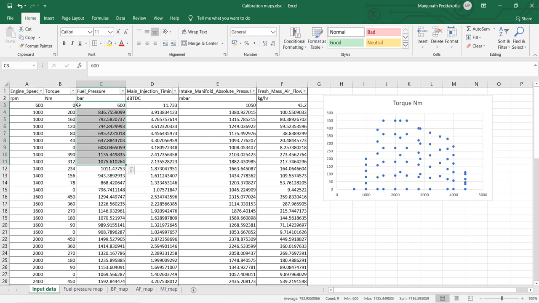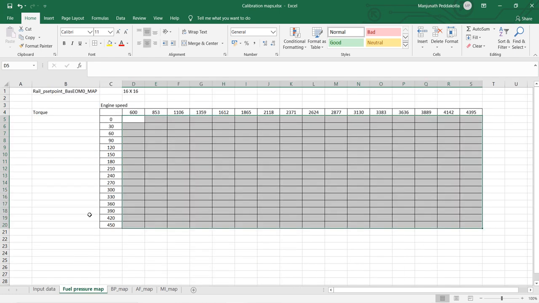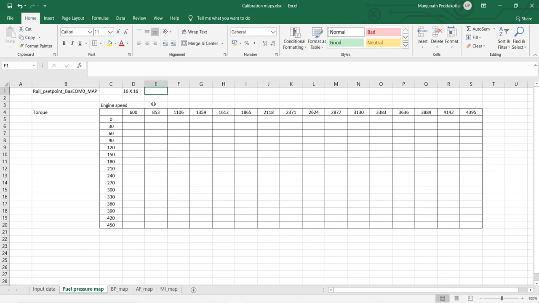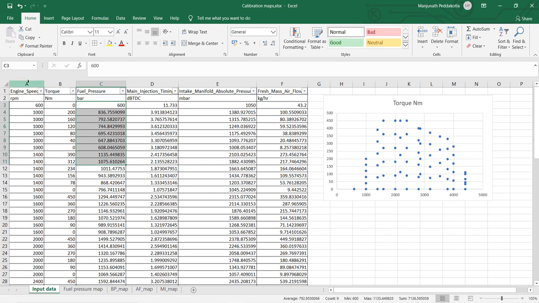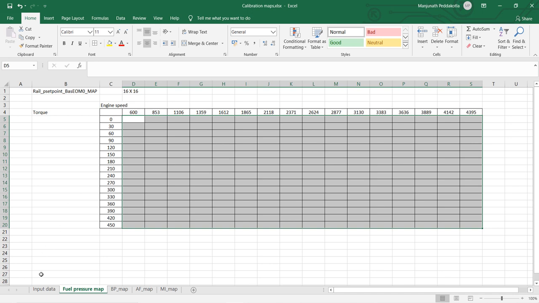It's very difficult to create a three-dimensional map where you need to fill 16 by 16, that is 256 cells of data, with only very few inputs of data. The manual process is going to take more and more time. So let's see how CalG can help in creating such maps very easily.